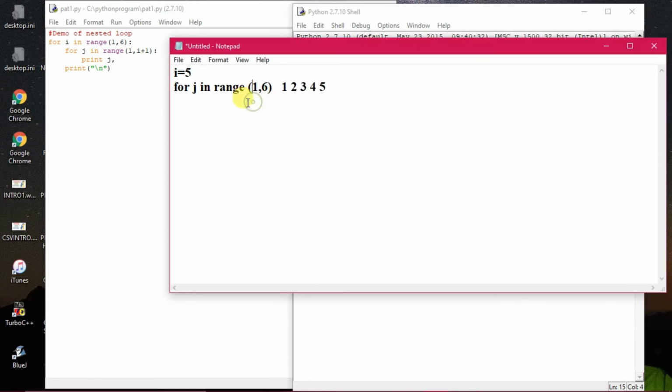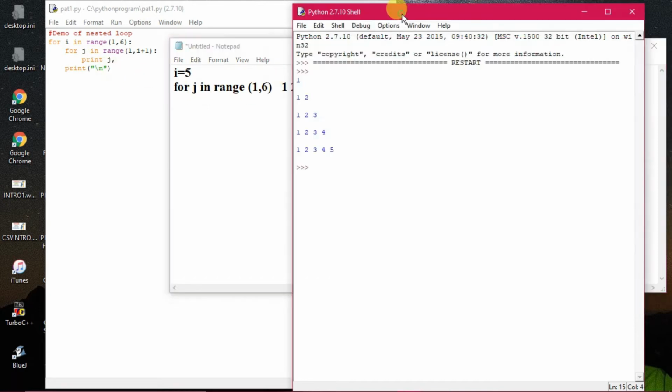The moment the value is becoming 6 for j, then it is coming out of the loop, and \n has been given out here. If the \n had not been given, it would print straight. The \n is equivalent to pressing enter. Inside the program we cannot press enter at the time of execution, so \n has been given. This is called an escape sequence, which creates a new line feed. So the next time when it is being printed, the cursor comes down to the next line and another line is printed. Okay, in this way it is running. That is the functionality of the \n.